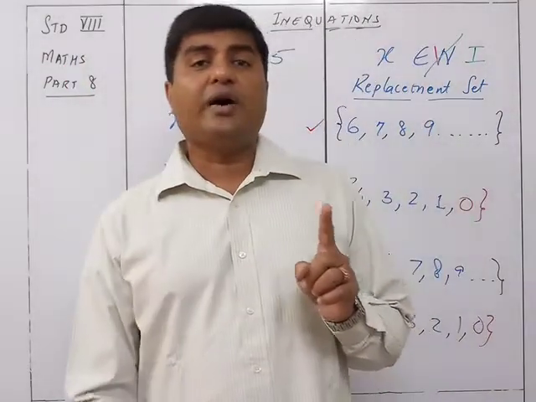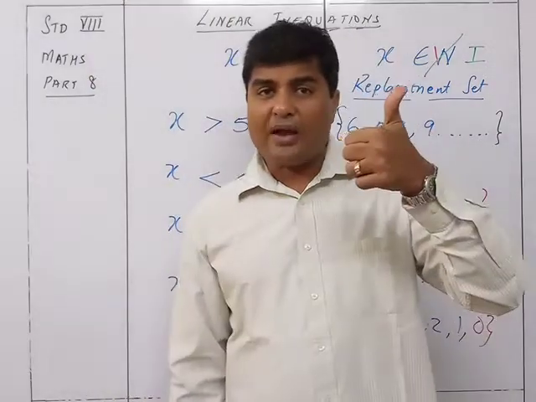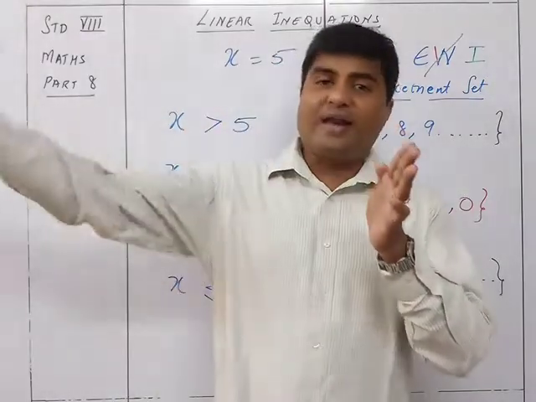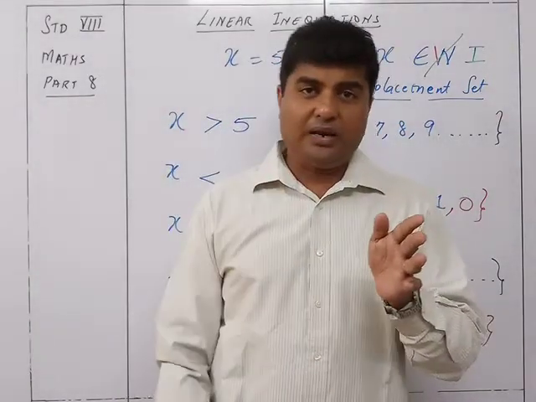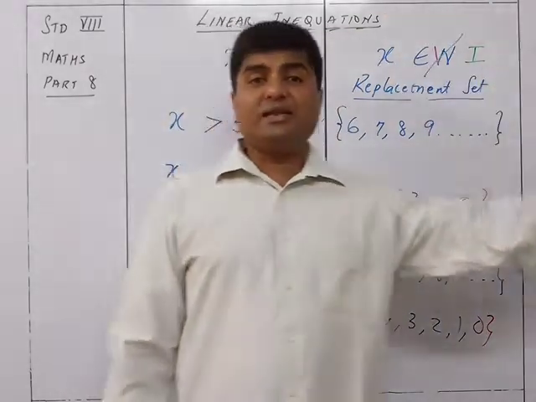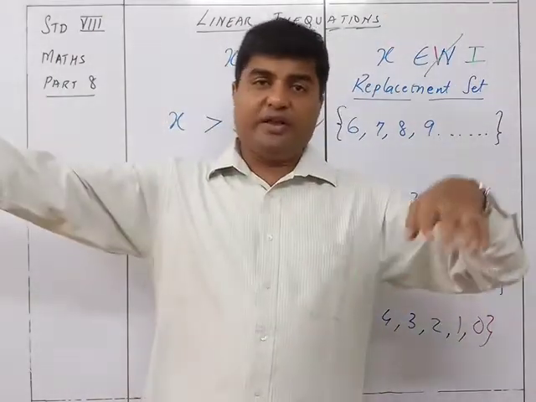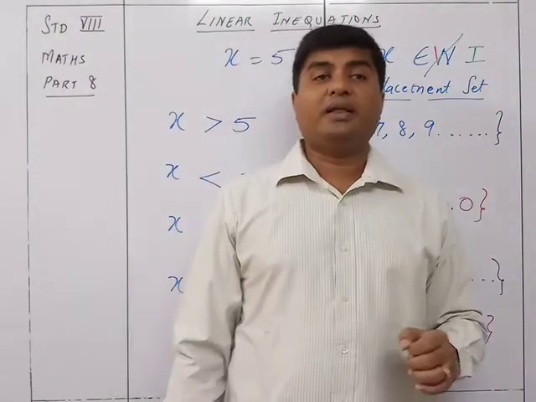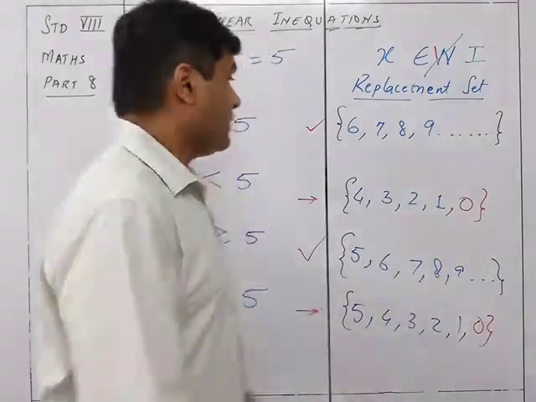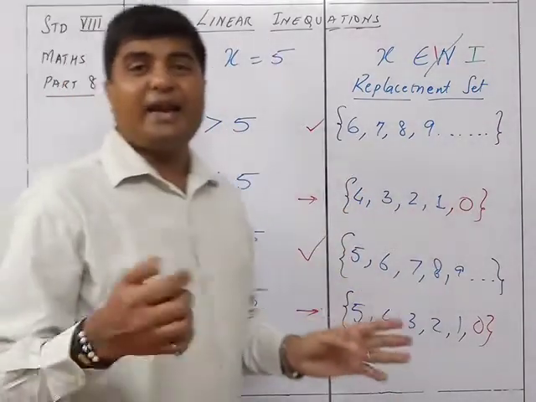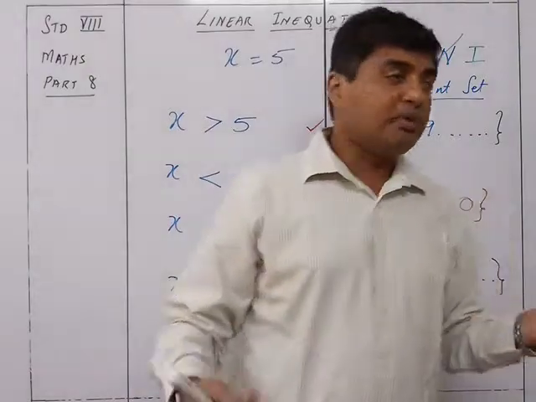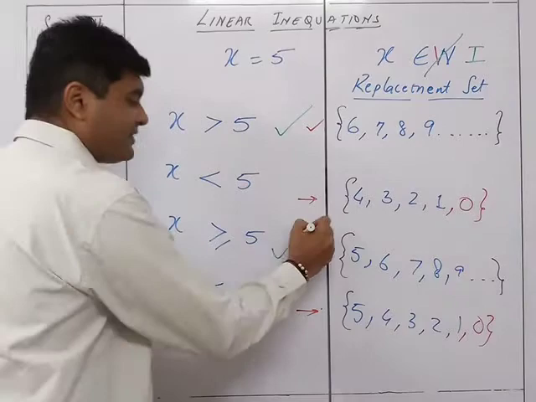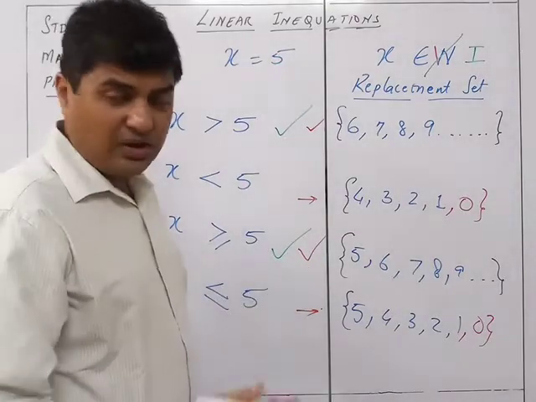Natural numbers are all the counting numbers, so it starts from 1 to infinity. The whole numbers start from 0 to infinity, on the positive side only. Whereas integers will be from minus infinity to 0 and from 0 to infinity. So from minus infinity to plus infinity, all the numbers which are there come under the category of integers. So in this case, since it is already greater than 5, there cannot be any negative numbers, so this will remain as it is. Same way this also remains as it is because it is greater than or equal to 5.